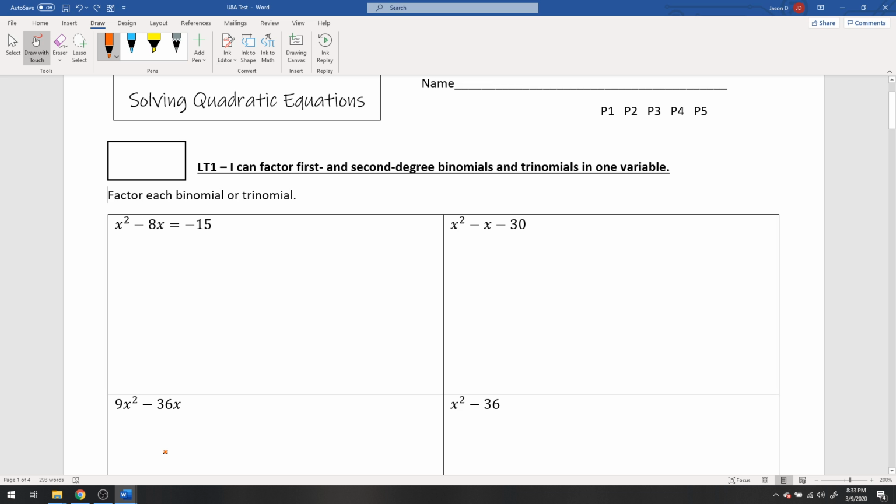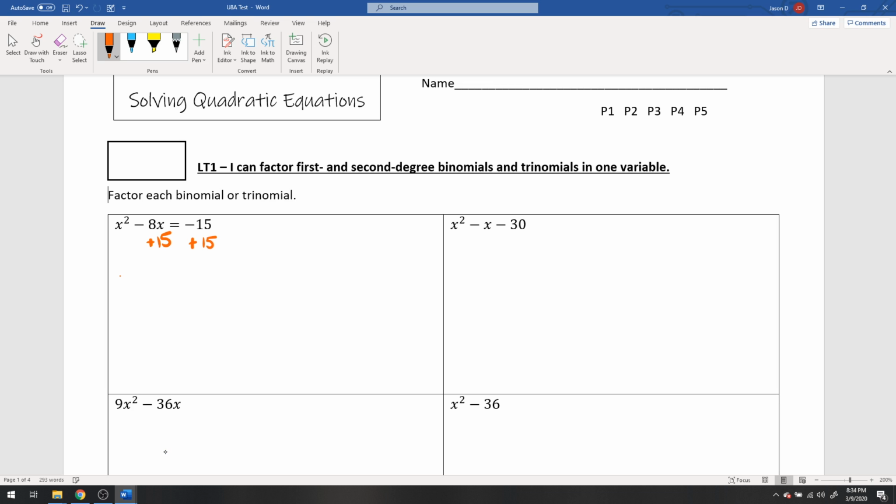The first learning target has you factor all sorts of things here. The first question has x squared minus 8x equals negative 15. So we're going to start this by putting the 15 onto the left side of the equation by adding 15 to both sides. And the point of doing this is that it's going to put it in what we call